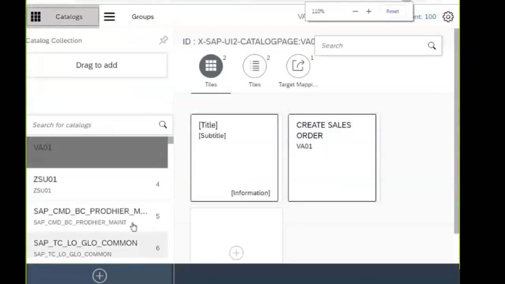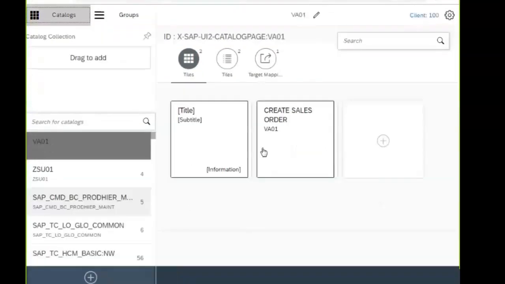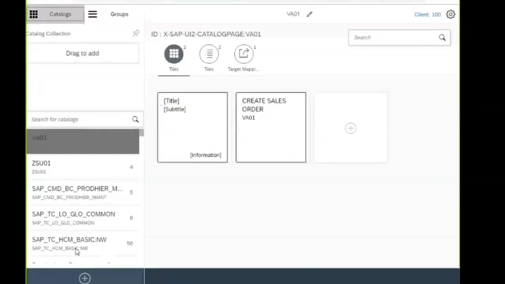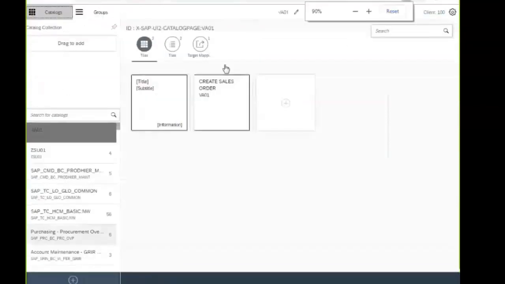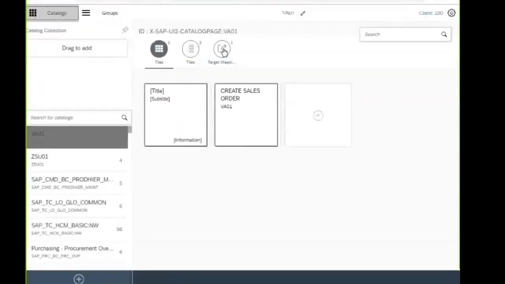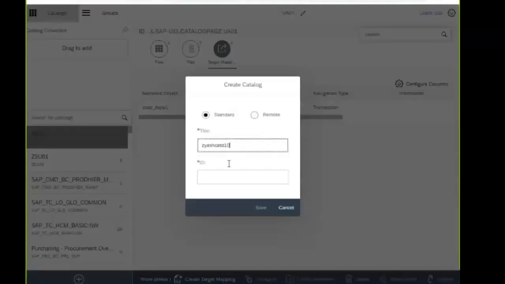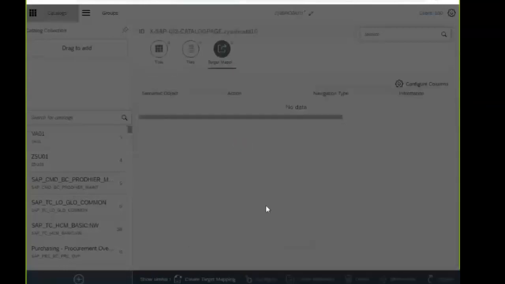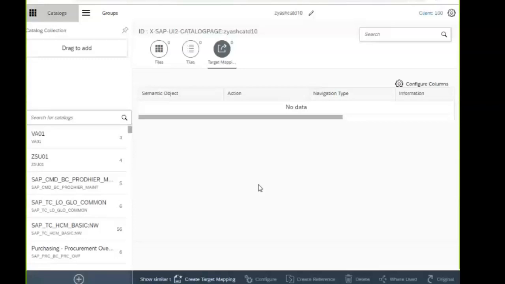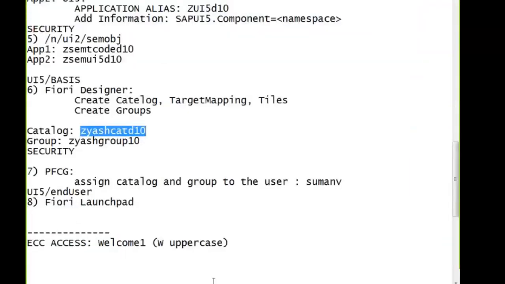On clicking on the, so this designer tool is directly integrated to the browser, where you have at the bottom of the screen a press button. On the right side, for the catalogs, we have target mapping and the tiles and the group. So this story I'll tell you. So let me create a catalog first. Okay. Now I need to create the target mapping and tile. So I'll take a pause here. Let me go back to our movie.